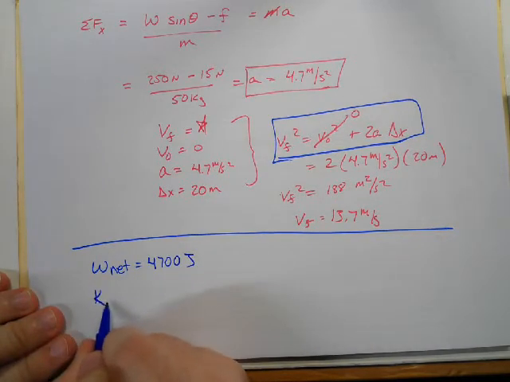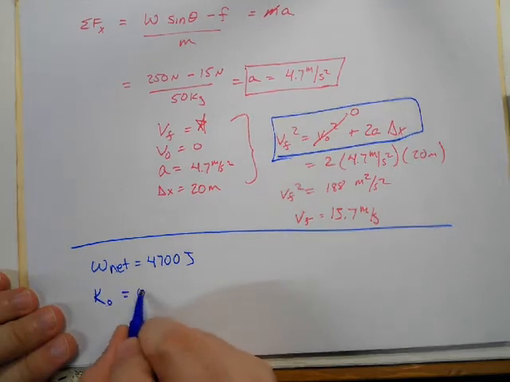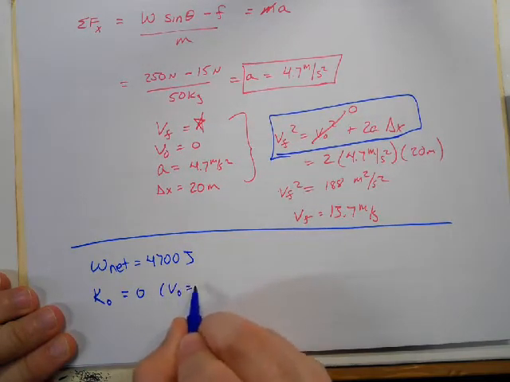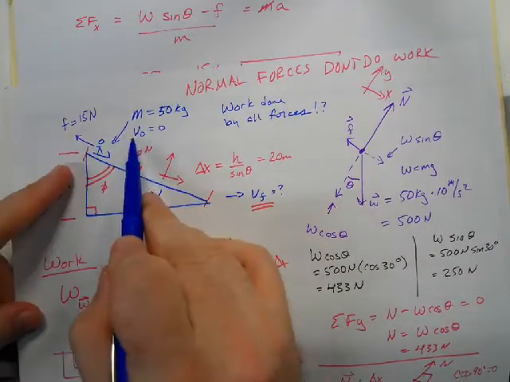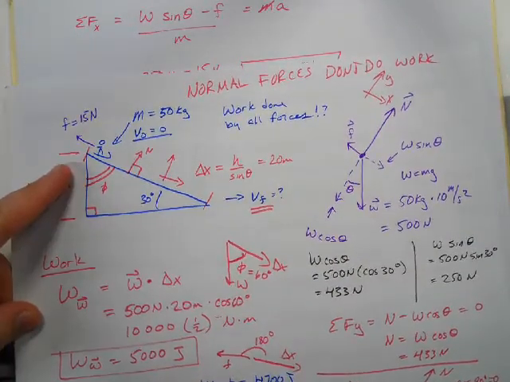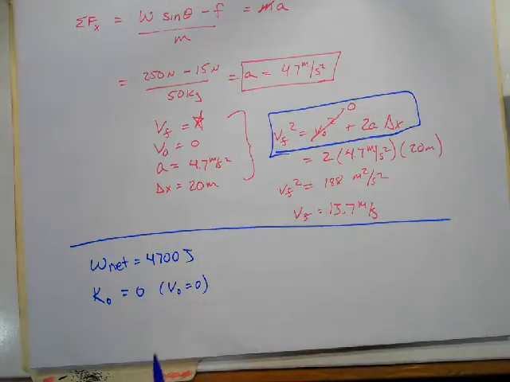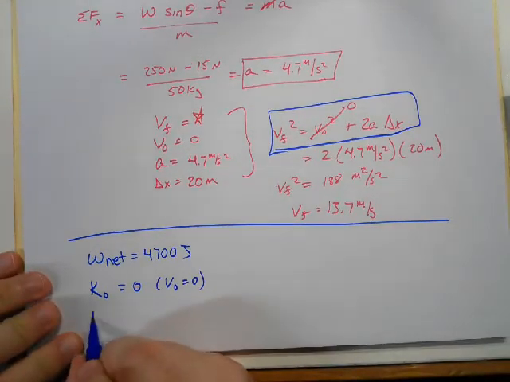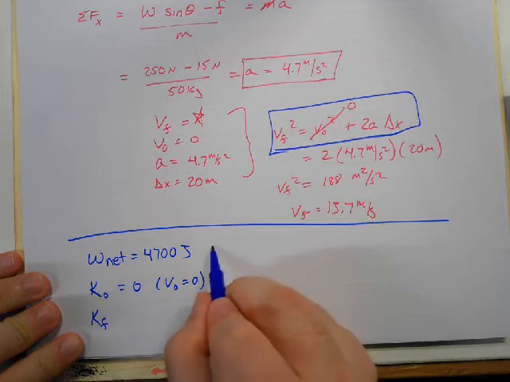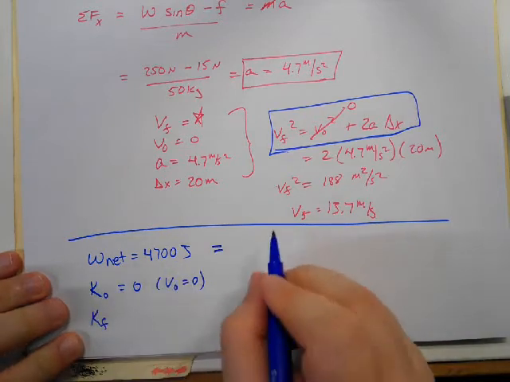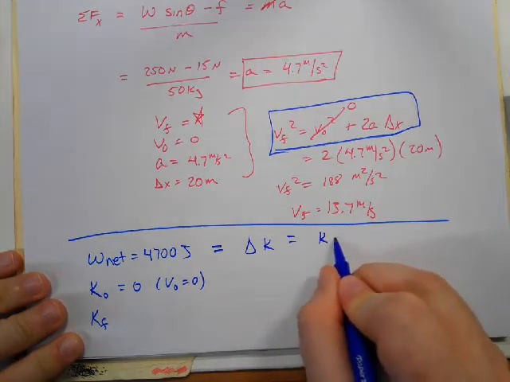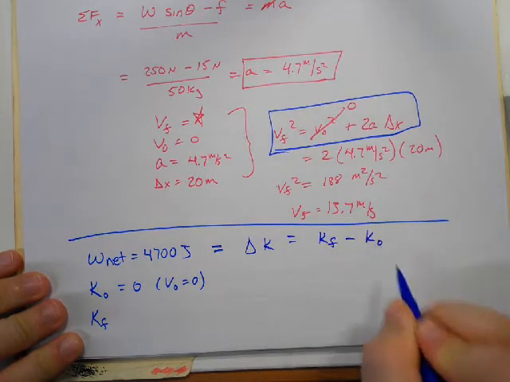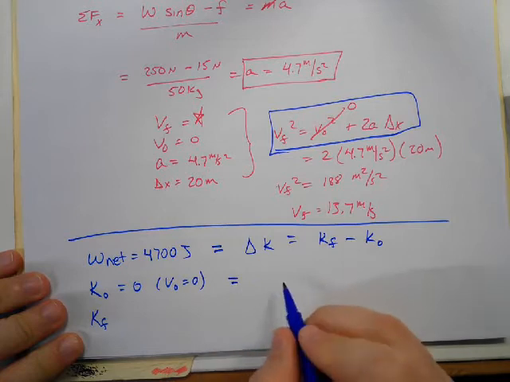Our initial kinetic energy is 0 because V initial was 0. We started the sled at the top of the hill from rest. So our velocity is 0. And we can use that to find what K final is, because this net work is the change in the kinetic energy, which is K final minus K initial. So it is